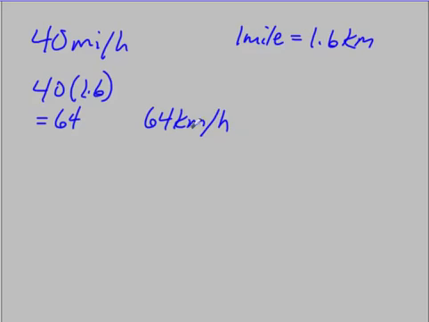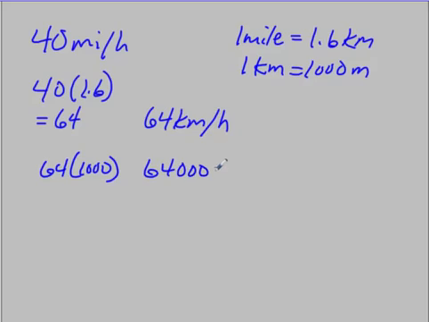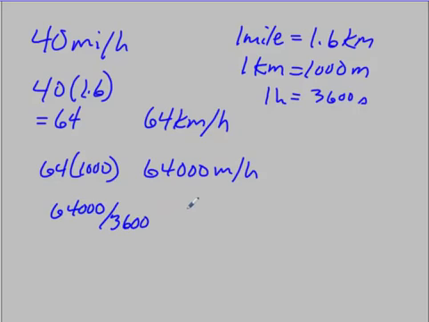The next step is to convert kilometers to meters. 1 kilometer is equal to 1,000 meters. So I'm going to multiply 64 times 1,000. And that's going to give me 64,000 meters per hour. Now I've got it in meters, but I'm trying to get meters per second, and I have it in meters per hour. So now I've got to take this hour and convert it to seconds. 1 hour is equal to 3,600 seconds. So I'm going to take this 64,000 and divide it by 3,600. And that's going to give me 17.78